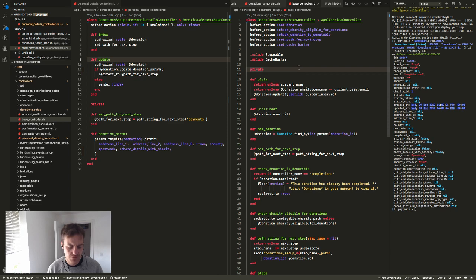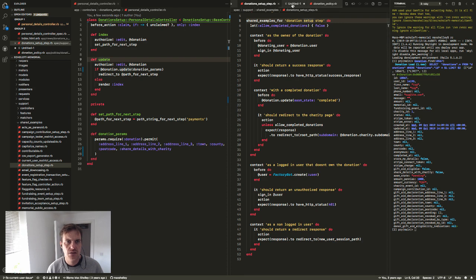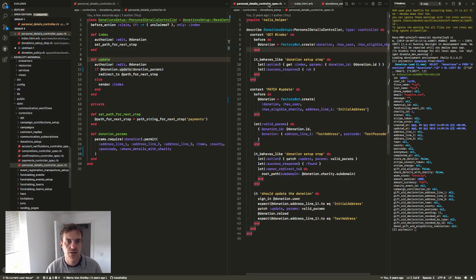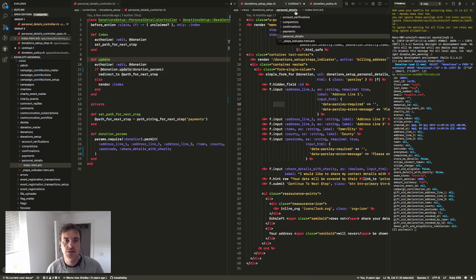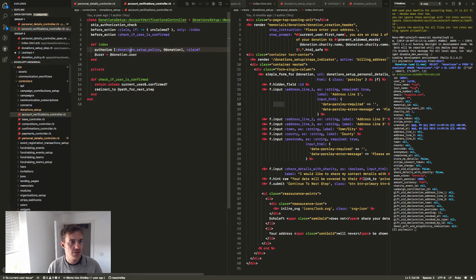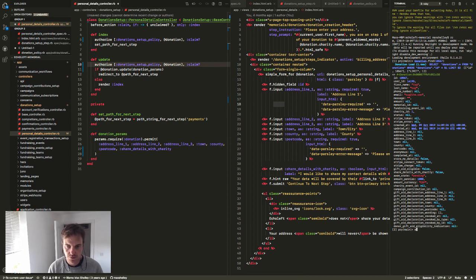Not overly keen on not knowing why, but I'm also not entirely convinced that chasing it down is worth spending a huge amount of time on, because as long as that's the issue, then it's kind of an isolated case. So let's do what we did before, grab a policy out from one of these other ones, but make it edit rather than claim. Let's swap the console out for